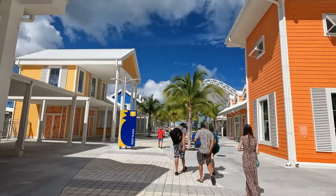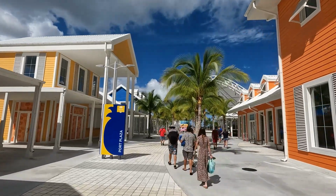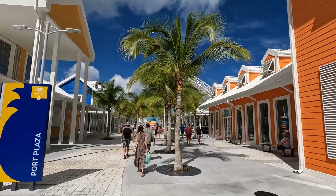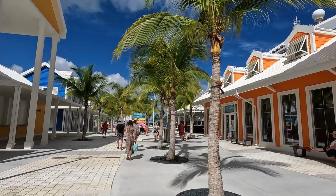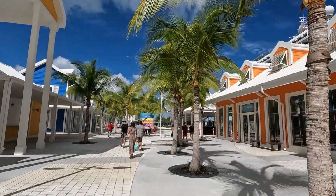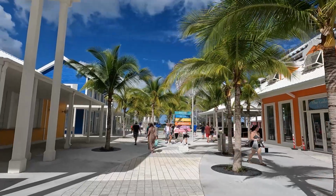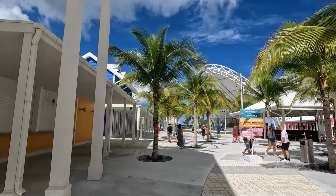And as we get further and further down through the plaza here, the stores are less and less full because they filled all the ones closer to the ships first. Obviously, makes a ton of sense. These are all still kind of being built or renovated or fit out for whatever businesses are going to jump in here. The one really cool thing about this port and it being safe and close to the cruise ships